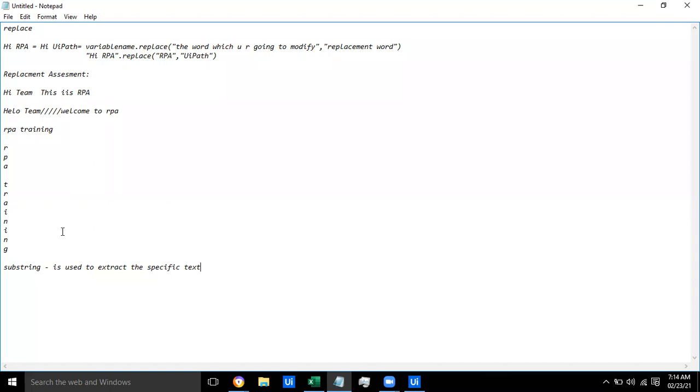The index here will always start from 0 for a particular string.